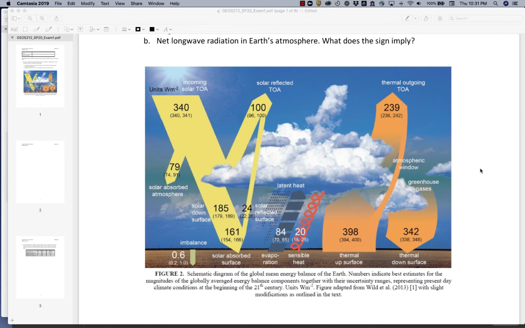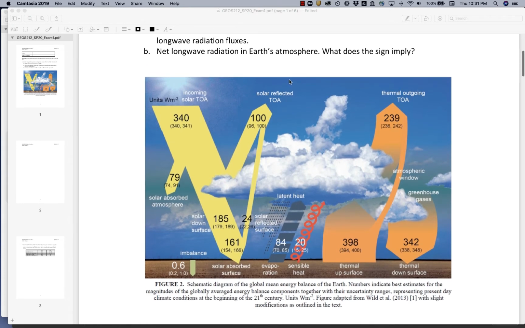Okay, now let's go ahead and move on to question B. Question B is asking us to determine the net long-wave radiation in Earth's atmosphere, and it further asks us what the sign of that net long-wave radiation flux implies. Okay, so here our system is a little bit different. In question 1A, our system was Earth's surface, but now we're looking at Earth's atmosphere, and in particular we're only being asked to look at those arrows here, those long-wave radiation fluxes